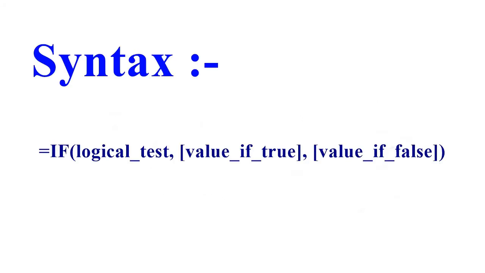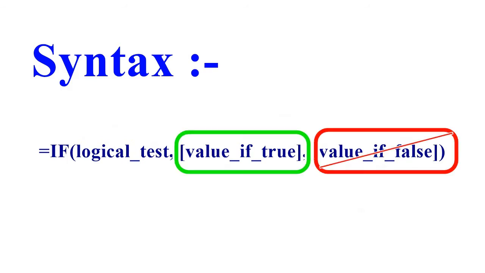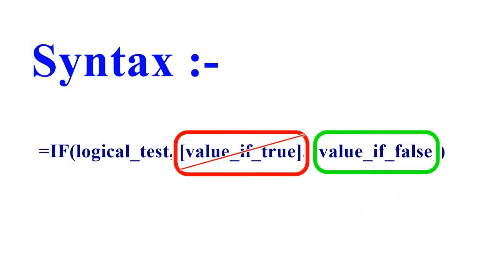But before going to the formula, let's briefly review the if function again. If function has three arguments: conditional checking, return if true, and return if false. If the output of conditional checking is true, then it will move to the second argument, that is return if true, and will ignore the third argument. On the other hand, if the output of conditional checking is false, then it will move to the third argument, that is return if false, and will ignore the second argument.